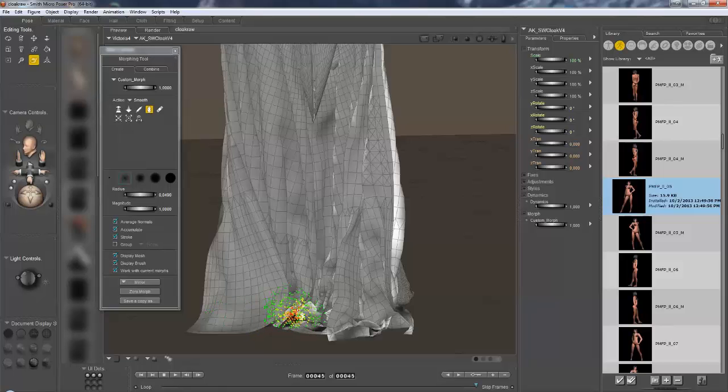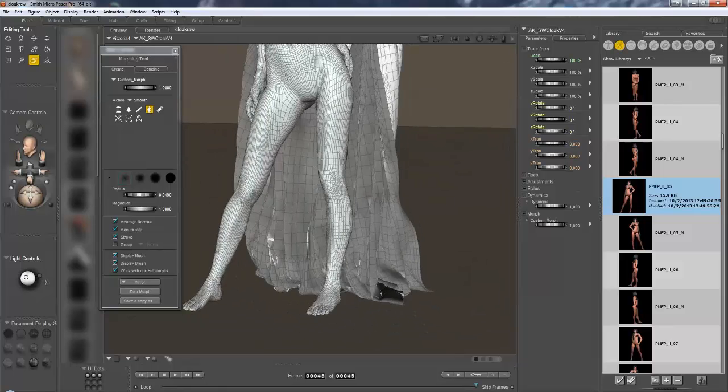You see the bottom part of the cloak is probably the worst, and it needs some patience to fix. I'm working on this first from the outside, and now I'm going to turn Victoria around